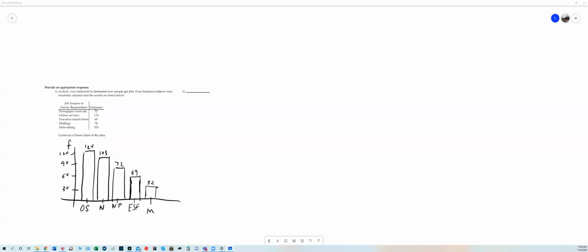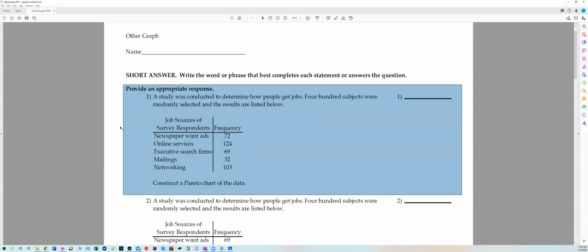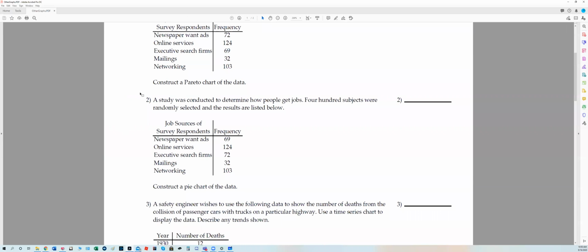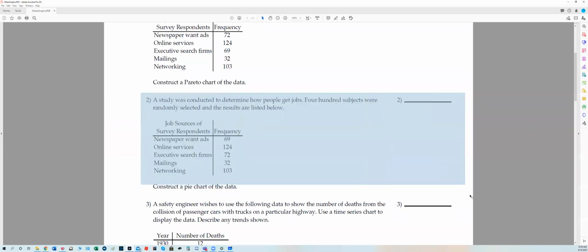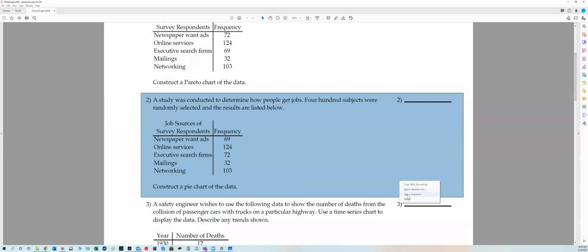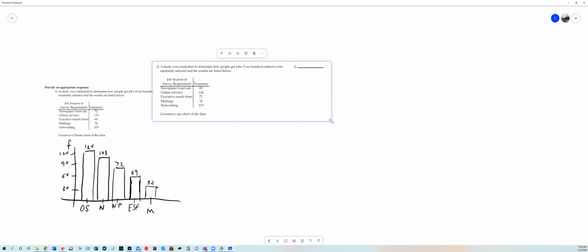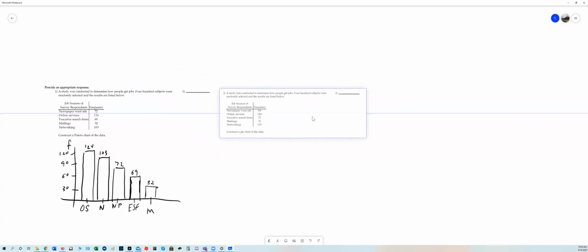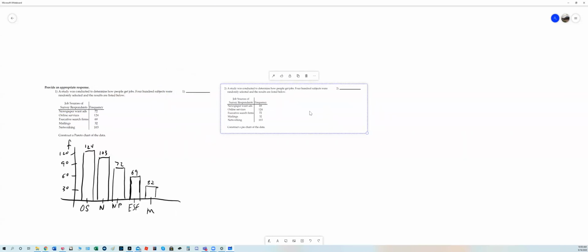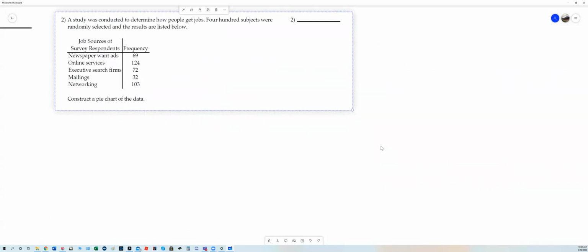Okay. I'm going to go ahead and now create a snapshot of number 2, and I'm going to paste it onto here. It's tiny, but I'm going to make it bigger. I'll put it next to it here. I'm going to slide this over. Come on, computer, you can do this. And then I'm going to zoom in over here. Can everybody see that?